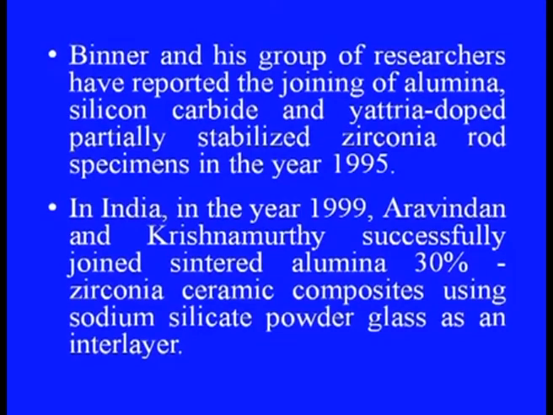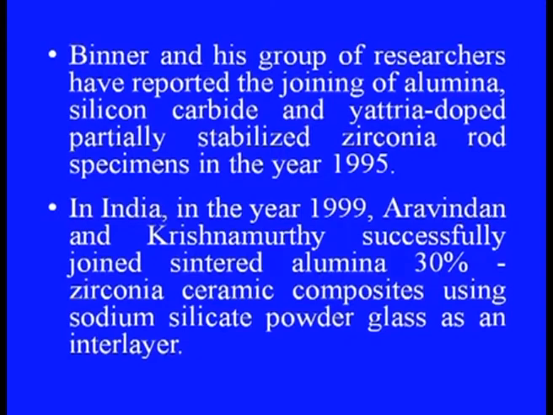Then Biner and his group of researchers reported the joining of alumina, silicon carbide and yttria doped partially stabilized zirconia rod in the year 1995. In India in the year 1999, Aravindan and Krishnamurthy successfully joined sintered alumina 30% and zirconia ceramics using sodium silicate powder